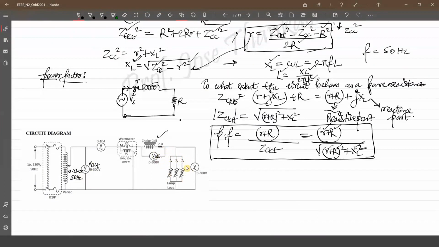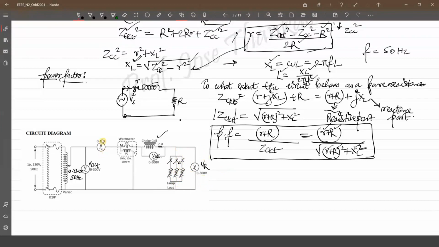I told you that the load is nothing but a lamp load. It is resistive in nature. So we have lamps which are connected in parallel. We'll close these switches such that those lamps turn on, and that much amount of current starts flowing. So to get variable points here, we are connecting the lamps and turning them on one by one. In the video, I will show you, so that will be much clearer. And across that, we again have a voltmeter, measuring the voltage VR, the voltage across this load, capital R.